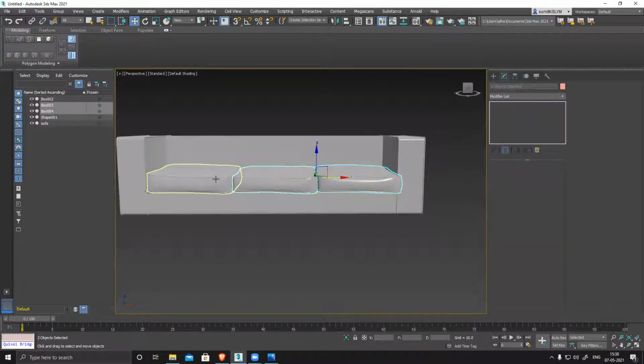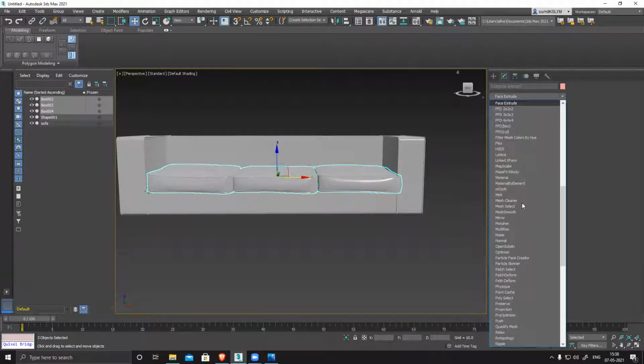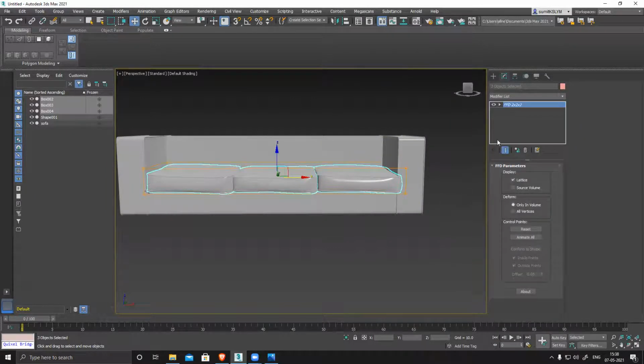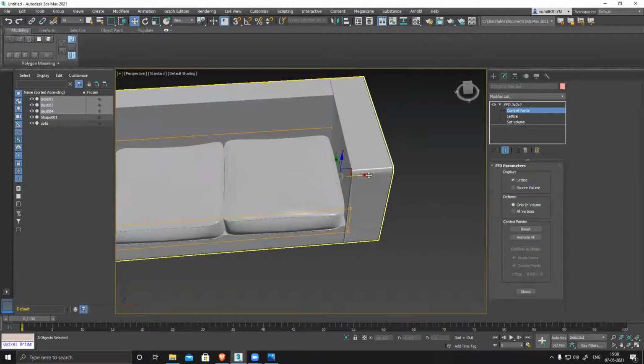Now I want to make sure all three of them fit inside this area. So I'll select all of them, apply an FFD, this time 2 by 2 only, control points, select these two and push it inside. So it will work perfectly.